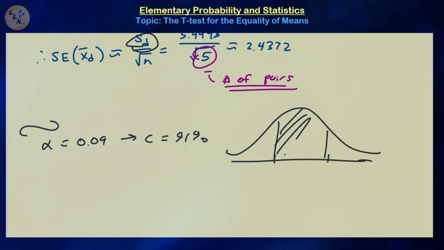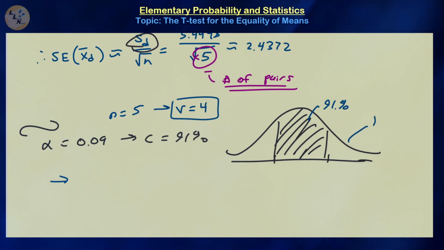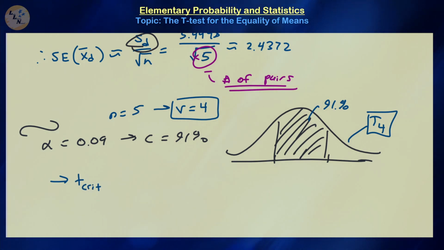We're working with a two-sided alternative. That means this area should be 91%, with the tails equally weighted. So one can find, keep in mind n is equal to 5. That means the degrees of freedom is going to be equal to 4. That means this distribution is a T4 distribution. So this two-sided t-critical value can be found to be approximately equal to